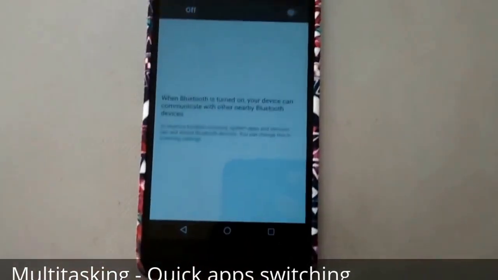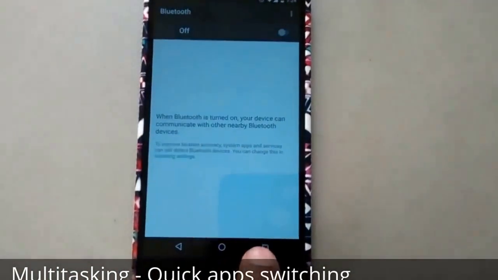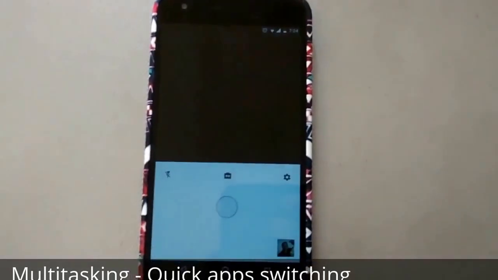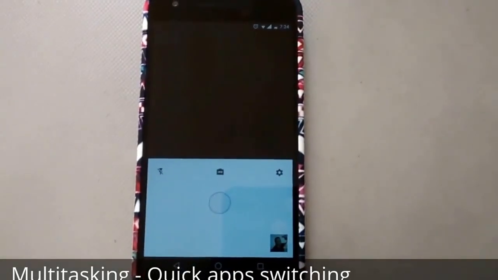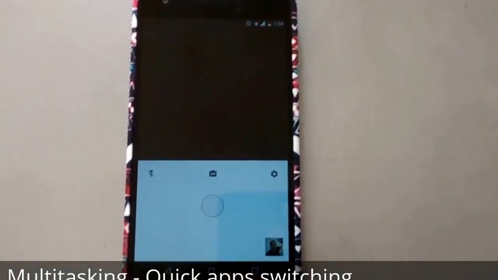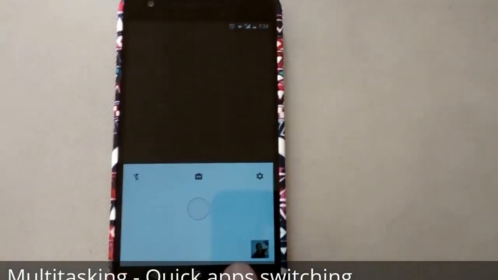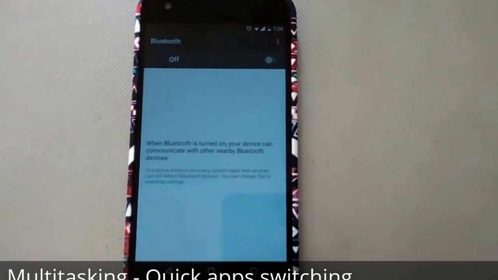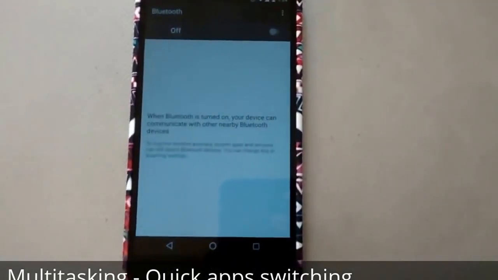So let me see if I can get back to Prisma with just double tapping this square button. Alright, so I'm back to Prisma, and if I want to get back to that Bluetooth screen I just have to double tap this square button. So let's do it. Alright, so that is how this quick switching between the applications using this square button works.